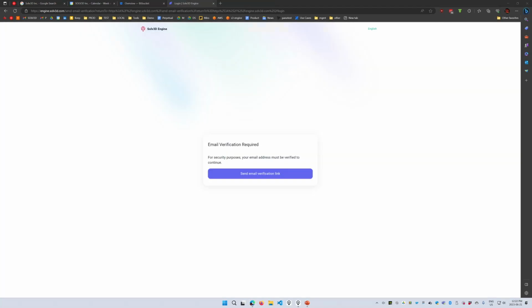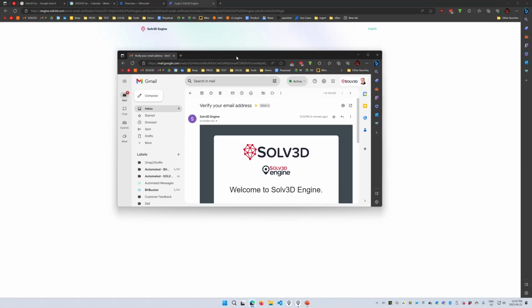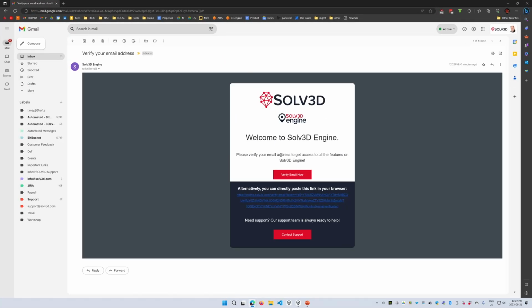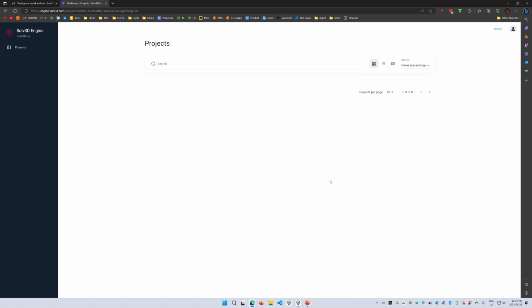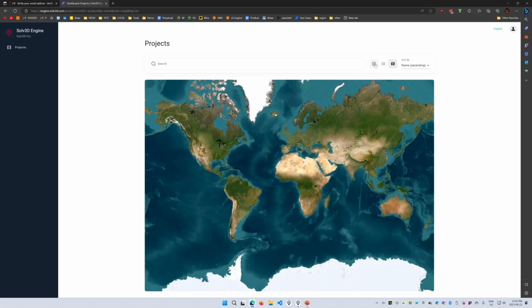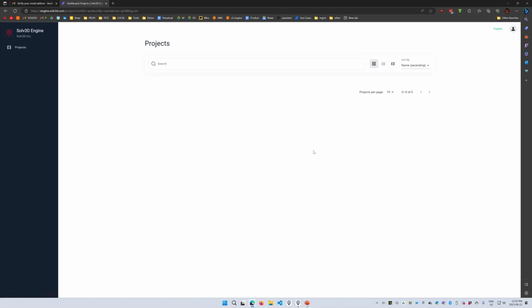So I'm just going to quickly pull this over. This is what the email looks like. So you can just click the verify email address link, and now we're verified. So now we can go back to the login screen, and you see we're right back logged in automatically. So once I first create an account, I'm not going to have any projects. That's why it's empty. You have an empty world map here,